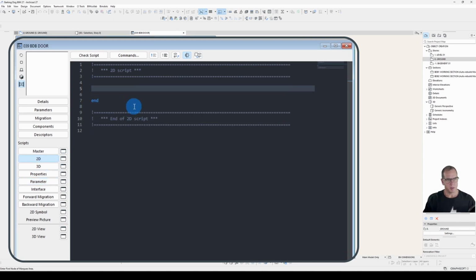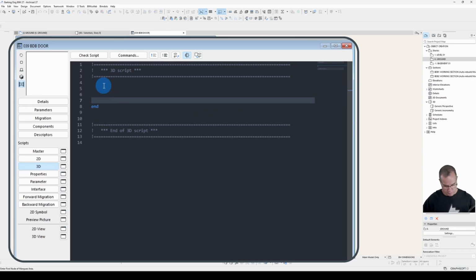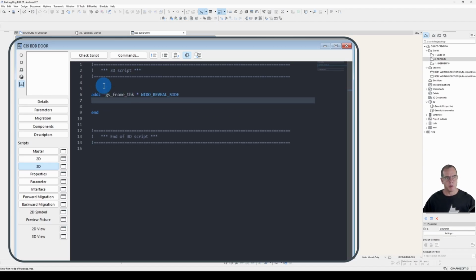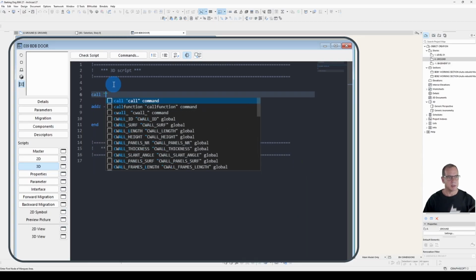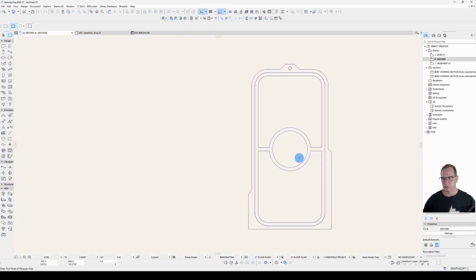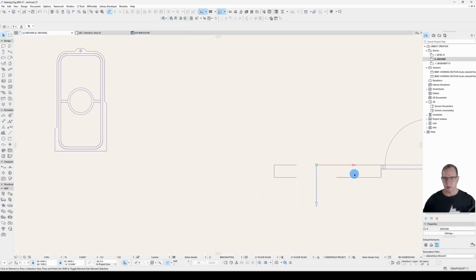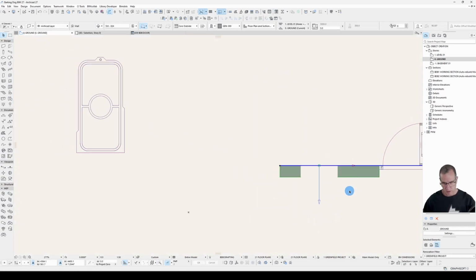And just until I get my 2D script sorted, I'll put in a project2 command so we can see what we've done. Put in my first transformation to correct the orientation of the door. Now, I'm following on from video 21, which I'll link up there, so I'm not going to retread old ground. And I'll also put in a call axes